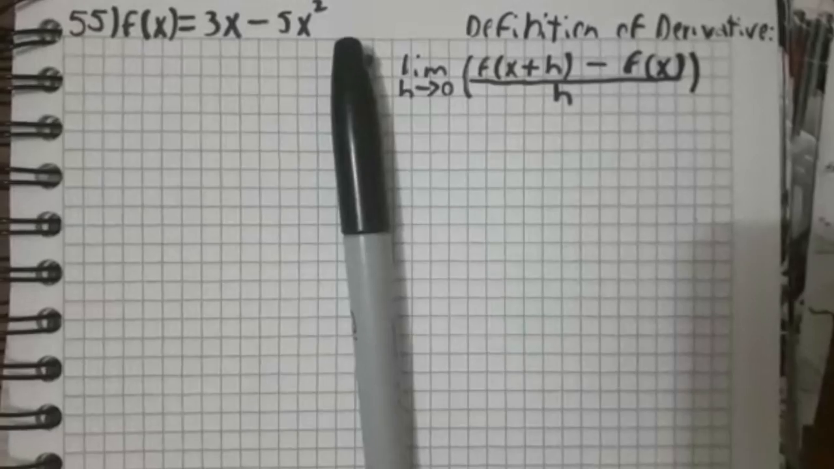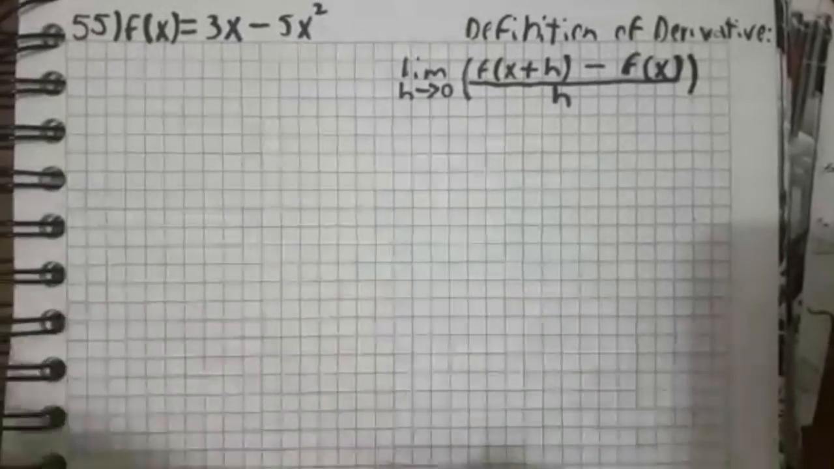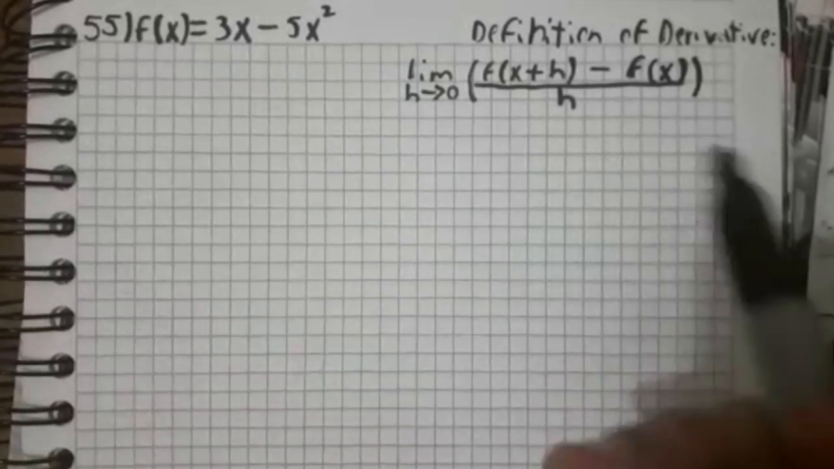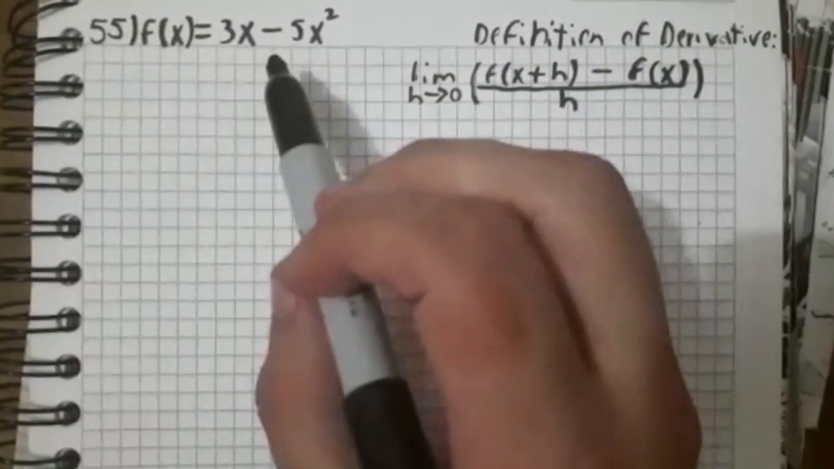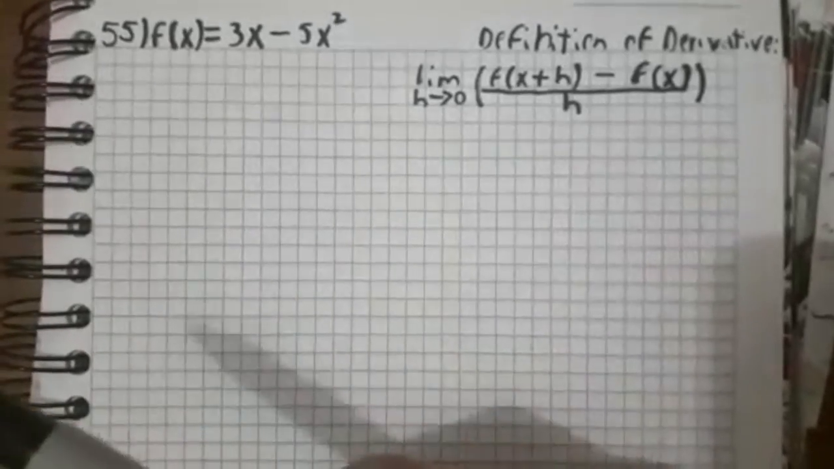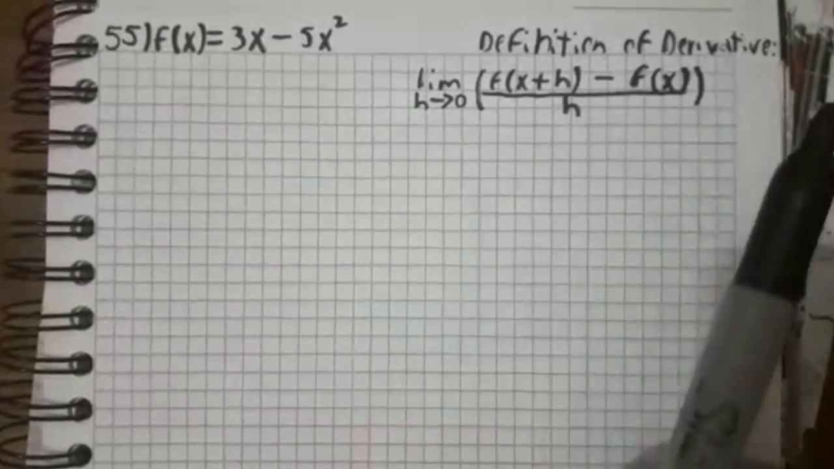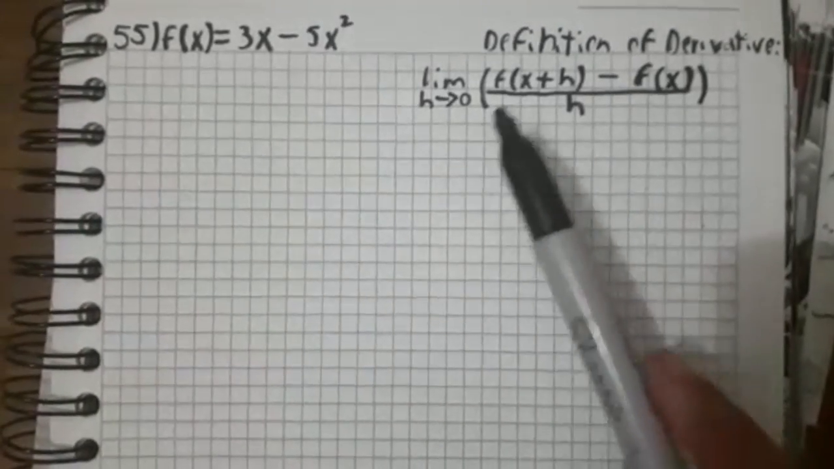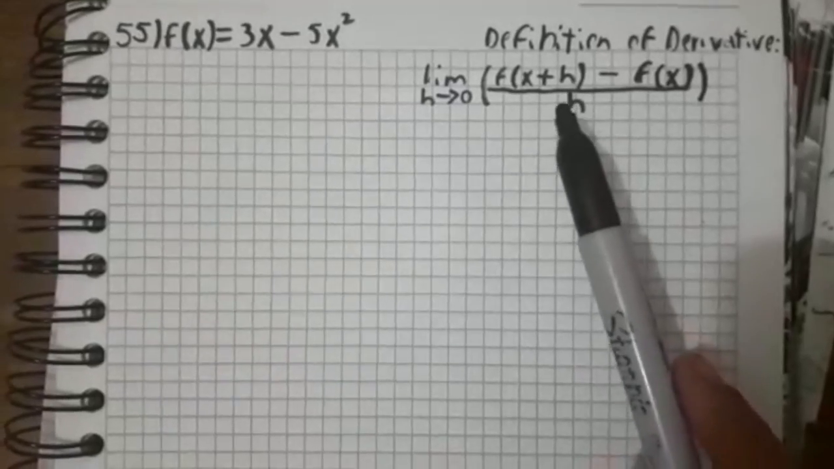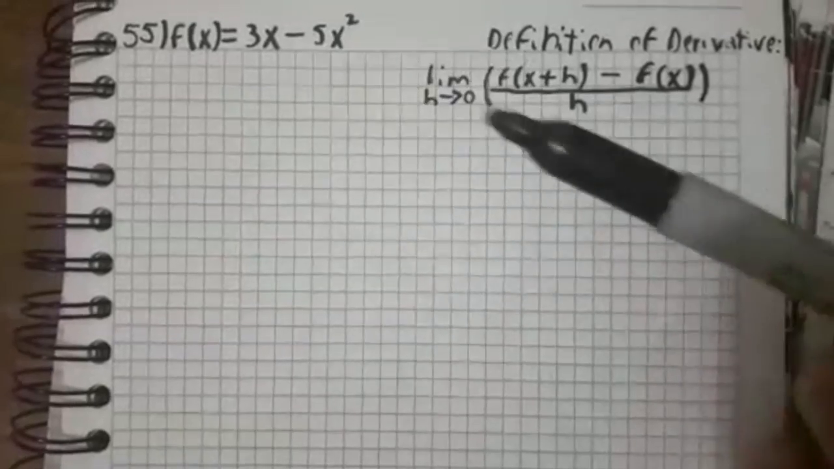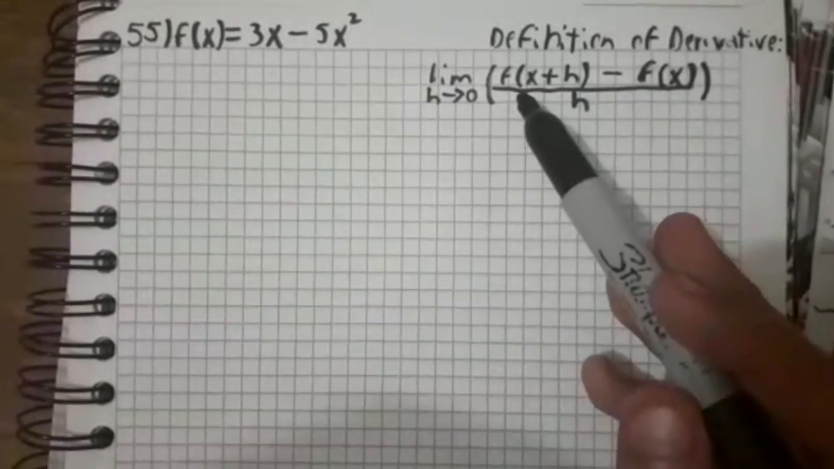At problem 55, we are requested to solve the following problem. We are requested to find the derivative of the function 3x minus 5x squared, and we're requested to do so by the definition of derivative. Now, the definition of derivative is the limit as h tends to 0 of f of x plus h minus f of x over h. Now, in order to do this, we first need to find what f of x plus